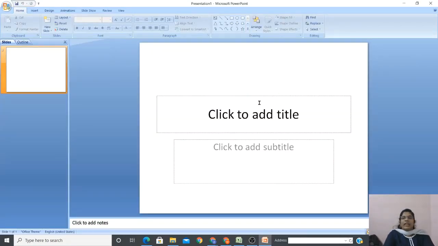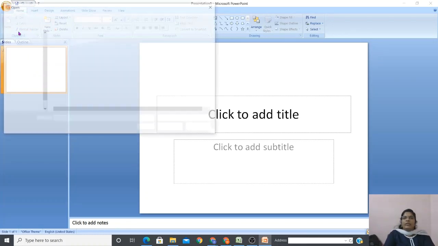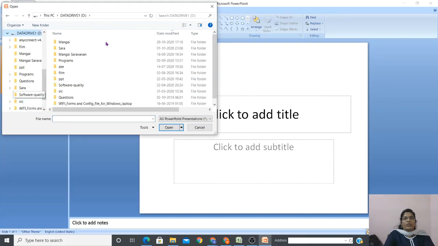What I feel is I do not want a new presentation. I would like to work with my existing presentation. Okay, so how to do it? That means I have to open my existing presentation. So how to open a file? Yes, go to the File tab. Okay, then Open. If you click on Open, you can go to your folder wherever you created it